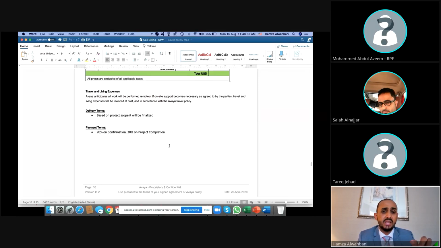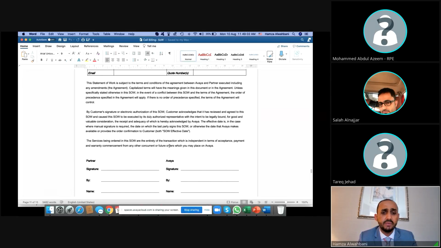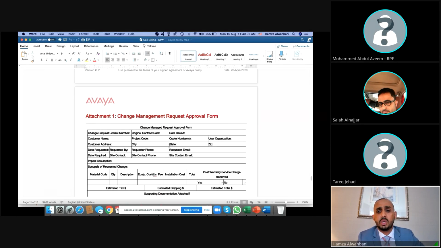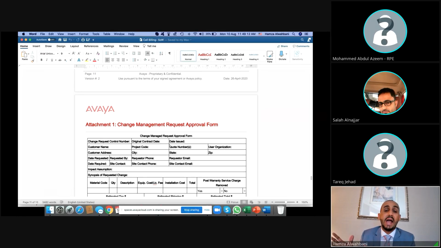And at the end, there are two forms. The first form is the acknowledgement. The second form is the change management request. If something is required by the customer during the process which was not agreed before, if the customer asks for more, we will say, stop, Mr. Customer, you have to sign this form.